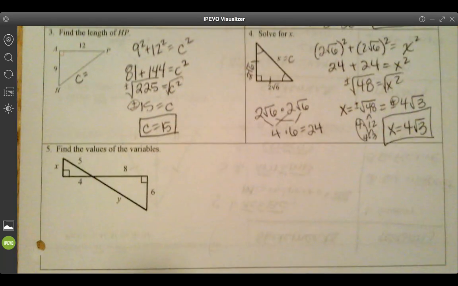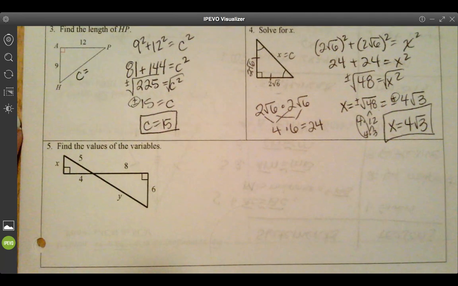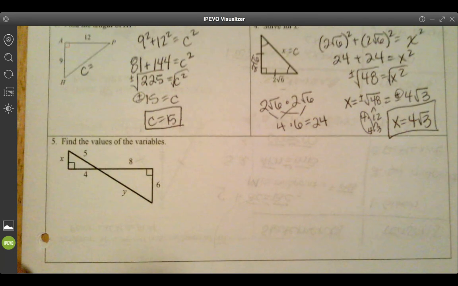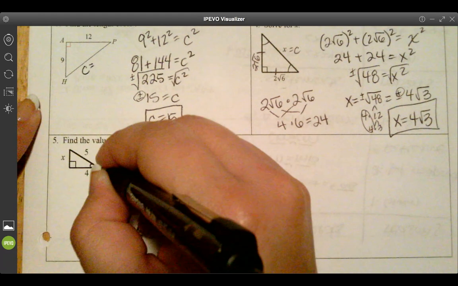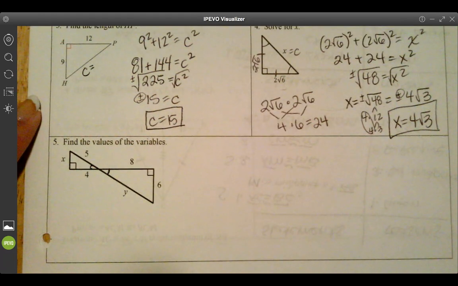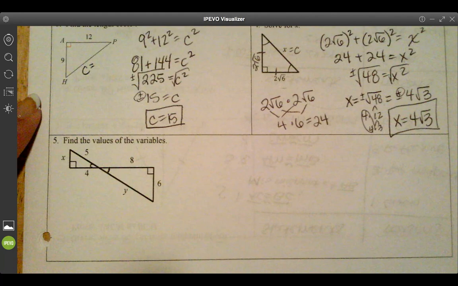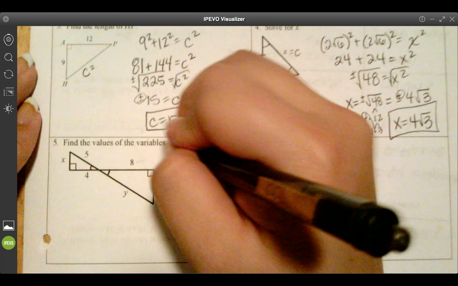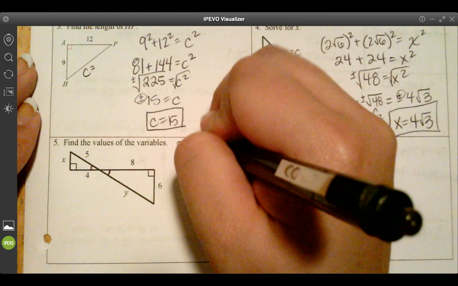And our last one for this page, find the values and variables. You actually have a couple of options on what to do here. Because we know that vertical angles are congruent, we can use the properties of similar triangles from yesterday and the day before, or we can use Pythagorean theorem. So I'll show you both ways. Method 1, Pythagorean theorem